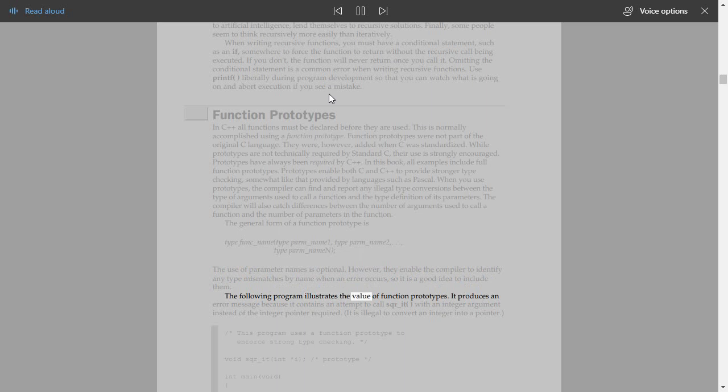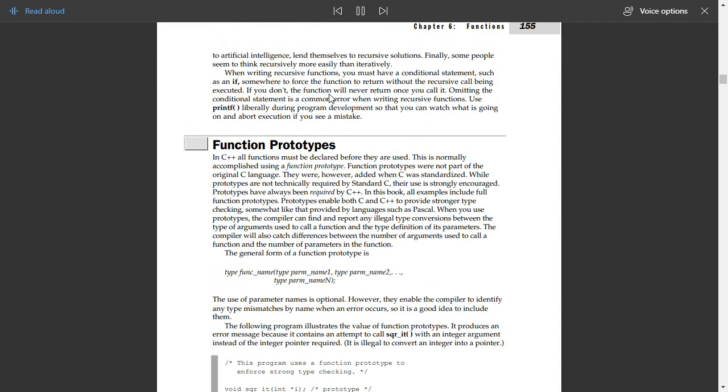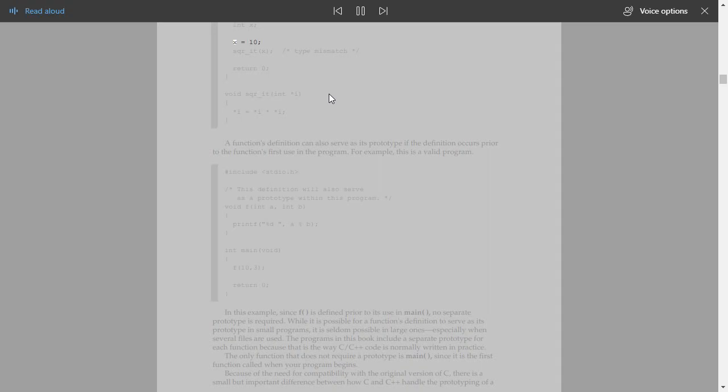The following program illustrates the value of function prototypes. It produces an error message because it contains an attempt to call sqr_it with an integer argument instead of the integer pointer required. It is illegal to convert an integer into a pointer. /* This program uses a function prototype to enforce strong type checking. */ void sqr_it(int *i); /* prototype */ int main(void) { int x = 10; sqr_it(x); /* type mismatch */ return 0; } void sqr_it(int *i) { *i = *i * *i; }